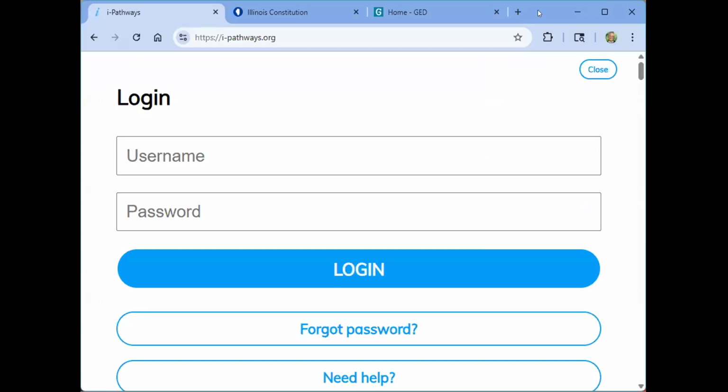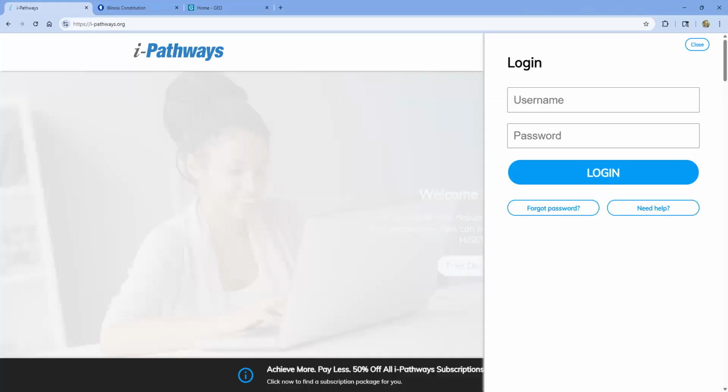My next step here is going into our website and taking a look at how we can actually get this a little better as far as the logistics go, and a lot of students have a hard time in the beginning when it comes to the website. So we want to make sure that we take a look at this. So this is our iPathways account. We're going to be logging in.